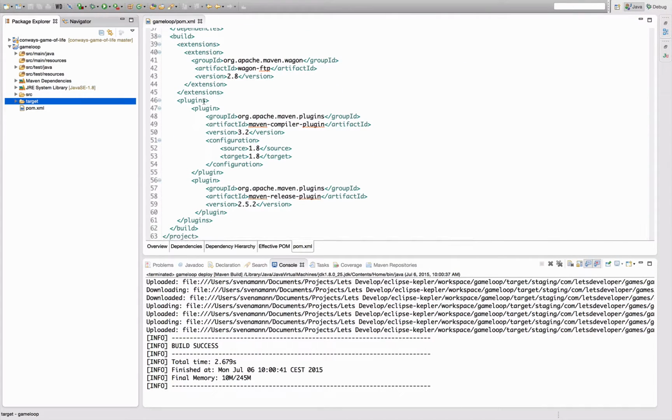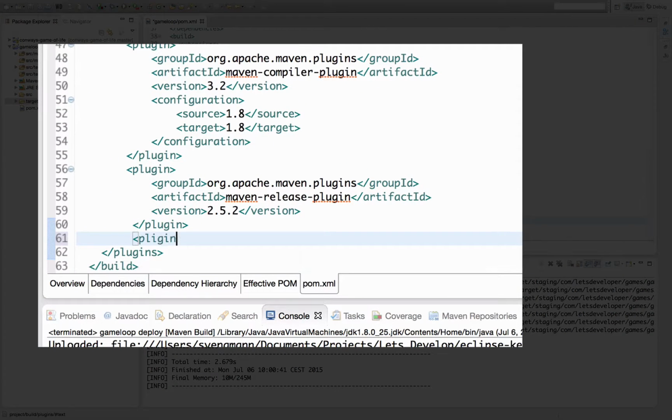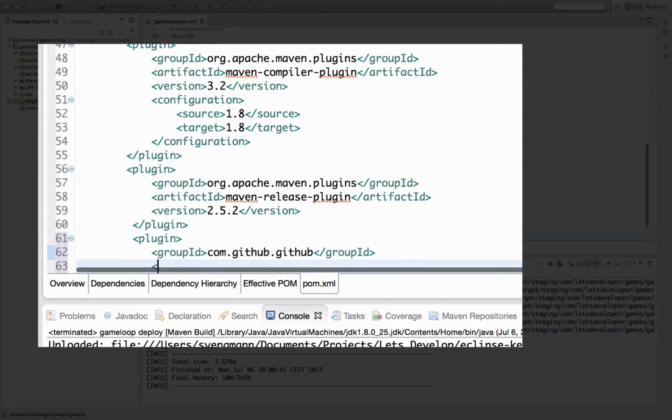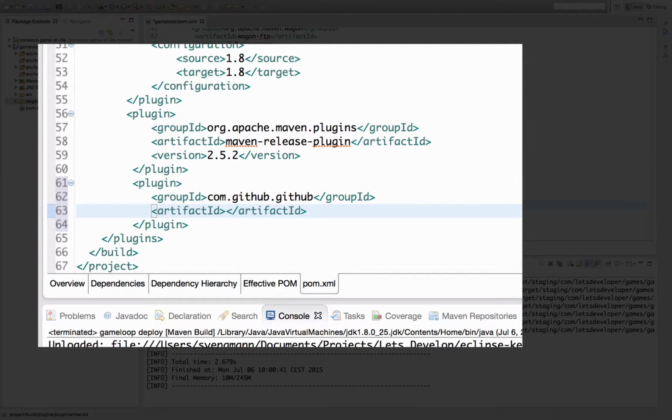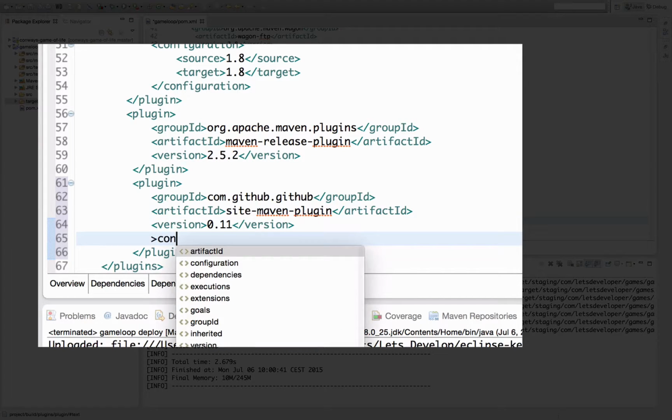Under Build Plugins, I'm going to add the configuration of the new plugin. Let me type that correctly. The plugin's group ID is com.github.github. The plugin's artifact ID, let me scroll down here so you guys can see that, is actually site-maven-plugin, and the version I found is 0.11. And then we need to add some